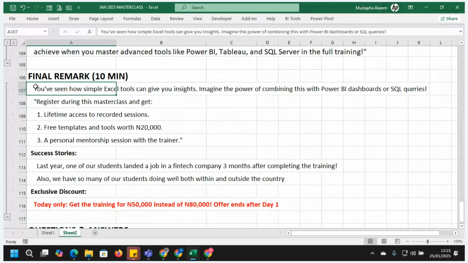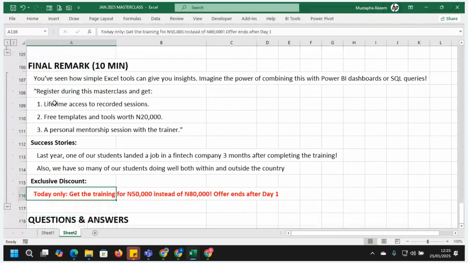If Excel can do this, what about Power Query, Power BI and Tableau?